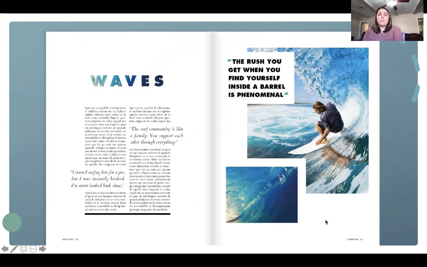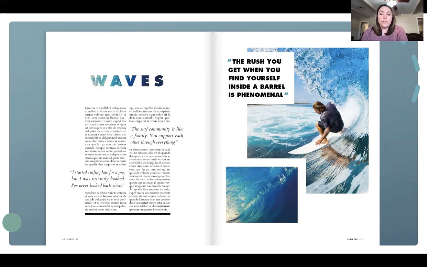Sometimes I think students, especially, get scared of white space. They think that if they have an empty space that they need to fill it and that that's going to show that they put more work into it, or I don't know, something like that, I guess. But really, if you look at this, there's so much white space and there is so much room left, but